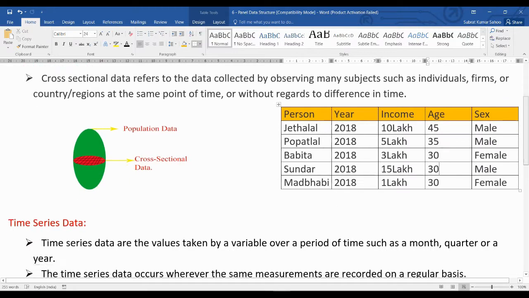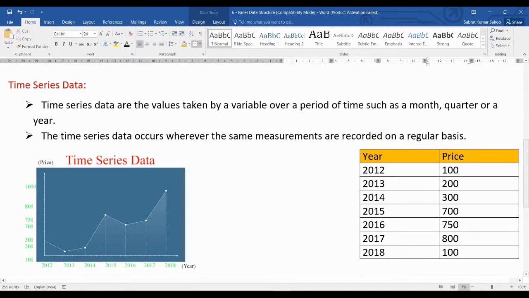And we have one more data type, which is time series data. The characteristic of time series data is that the values are taken by a variable over a period of time, such as a month, quarter or a year. Time series data occurs wherever the same measurements are recorded on a regular basis. Suppose I want to measure the price of a particular stock, then over the period of 2012 to 2018 I am measuring it. So here the variable is price, and I am measuring the value of the price over a period of time at 2012, 2013, 14, 15, 16, 17,